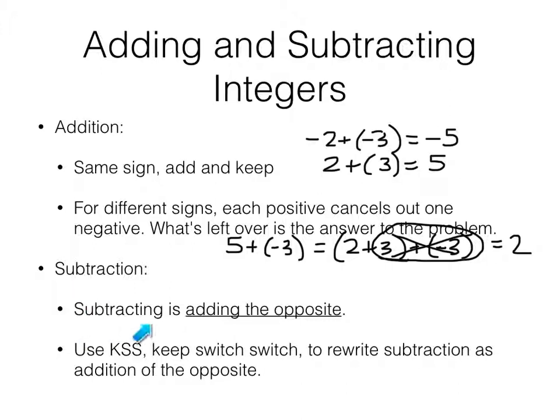Subtracting is different. Subtracting is adding the opposite. We use something called keep, switch, switch. So we add the opposite. So look, 3 minus 7. With our method that we are going to learn here, we would say keep the 3, switch it to addition, and switch this positive 7 to a negative 7. And now we treat it as though it is addition, which we already learned how to do. That keep, switch, switch method works really well for keeping things organized and when there's symbols building up on one another, as we'll see in a minute,